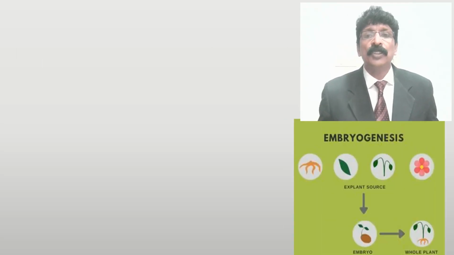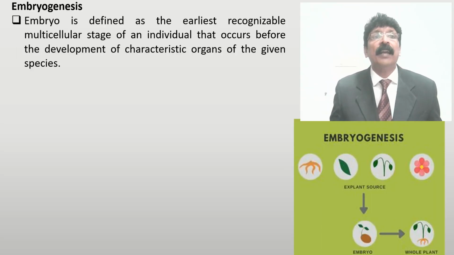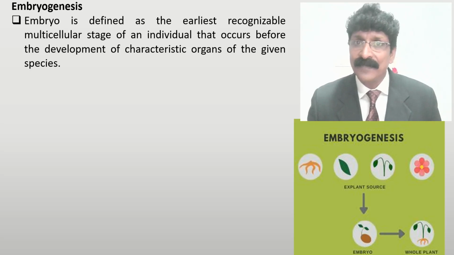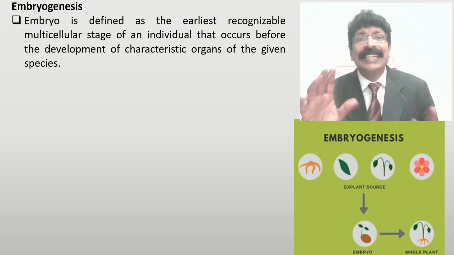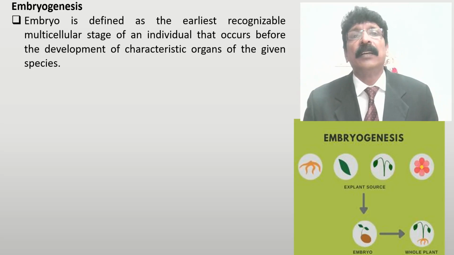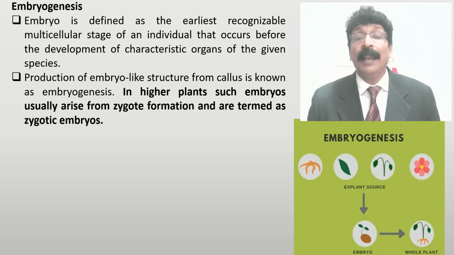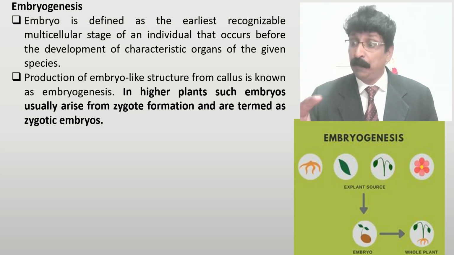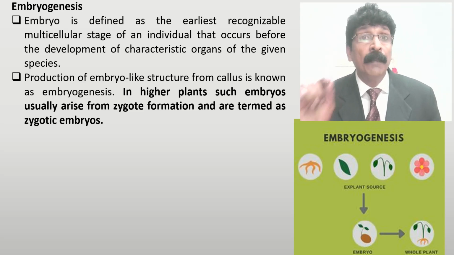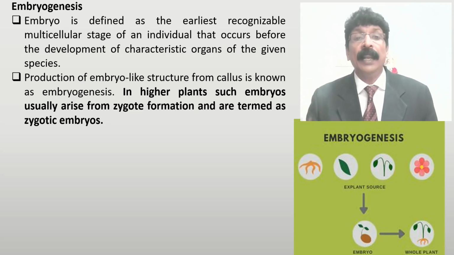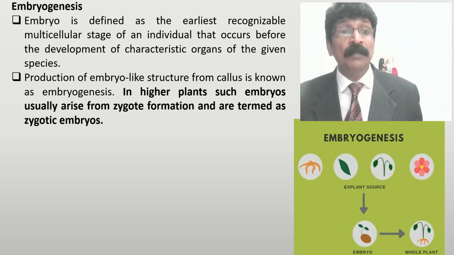So then what do you mean by embryogenesis? Embryo, and it develops a whole plant. What is the difference? Embryo is defined as the earliest recognizable multicellular stage of an individual that occurred before the development of characteristic organs of the given species. We know that from the seed or seedlings or embryo. Production of embryo like structure from a callus, cell culture, and a proliferate development from an explant is known as embryogenesis. From the callus, you develop an embryo. That is called embryogenesis. In higher plants, embryos usually arise from zygote formation and are termed zygotic